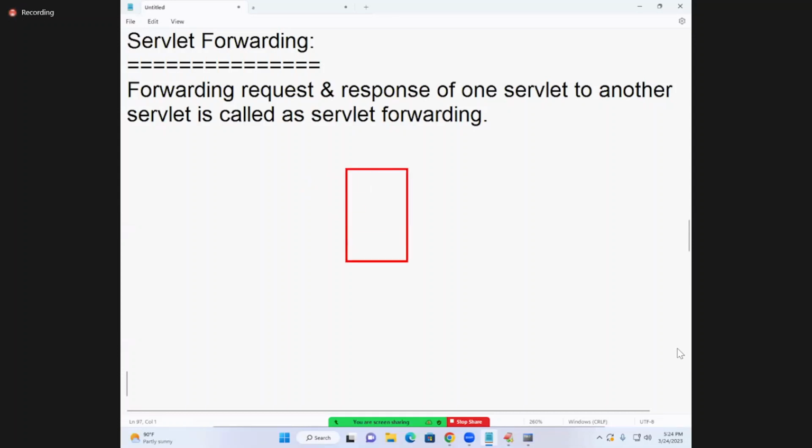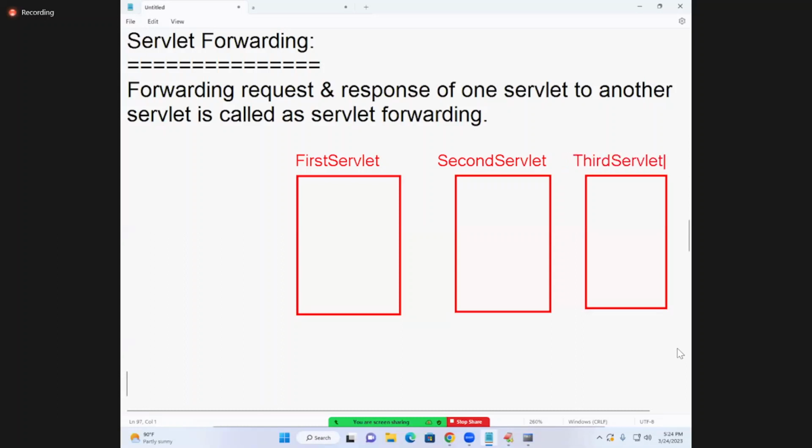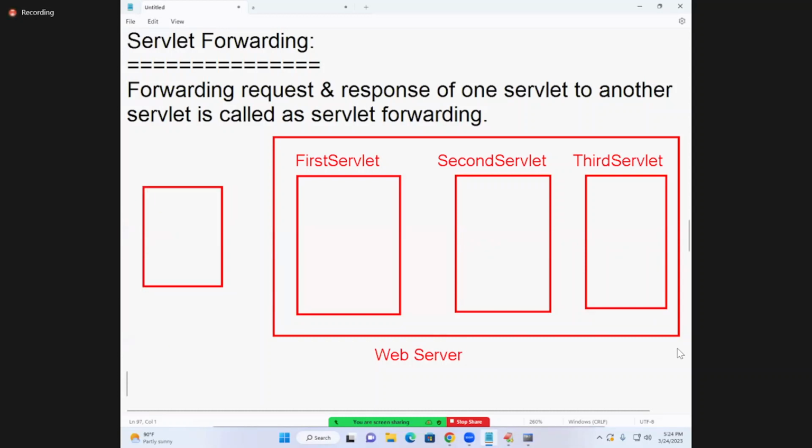See, for example, it is one servlet, it is one more servlet, it is one more servlet: first servlet, second servlet, third servlet. All these servlets are in the server. Now from the client system, the web client,